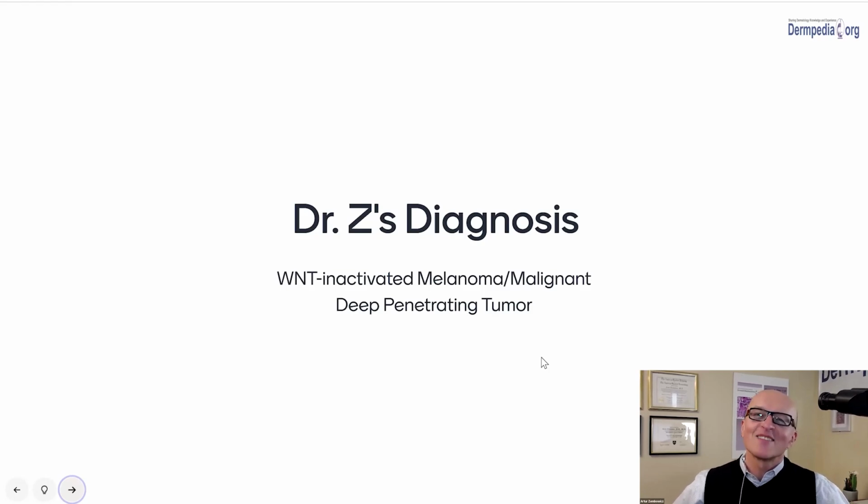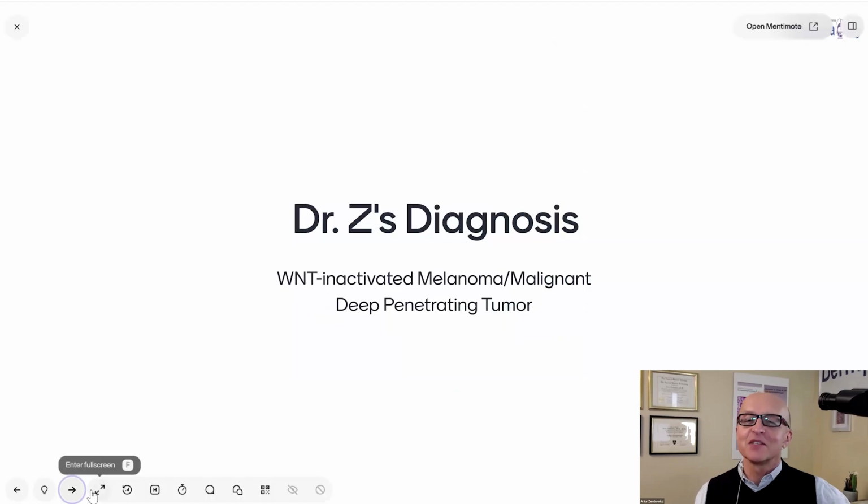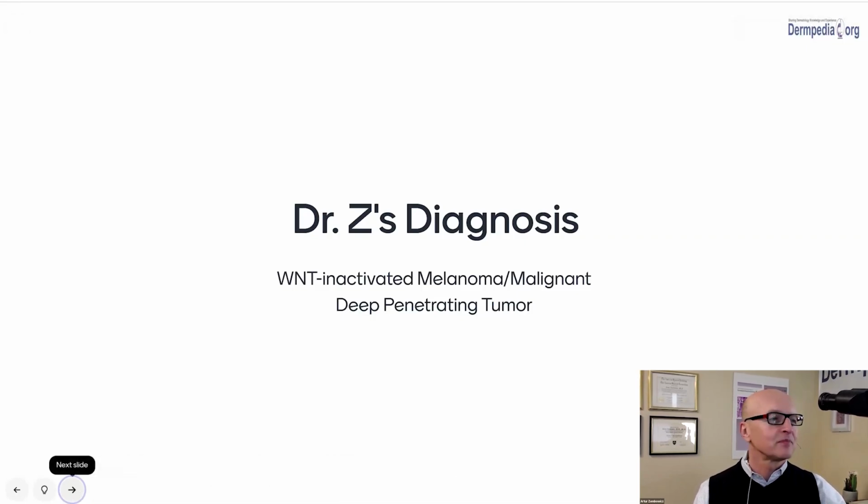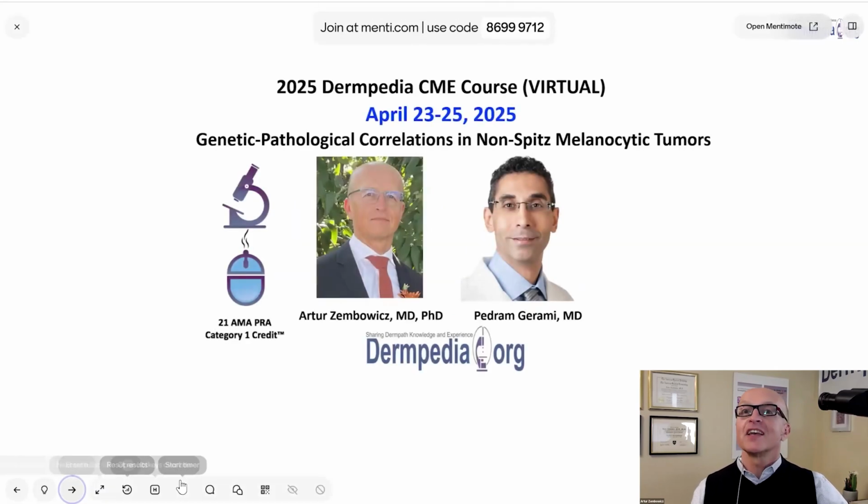I'm going to check what my diagnosis was in this case. But I'm very sympathetic, let's put it that way. I'm very sympathetic to still calling this lesion a Meltump, because this is actually a very useful diagnosis. You cannot be proven wrong, right? When you diagnose something as Meltump, and there's still a lot to be learned. So I think that's pretty much it